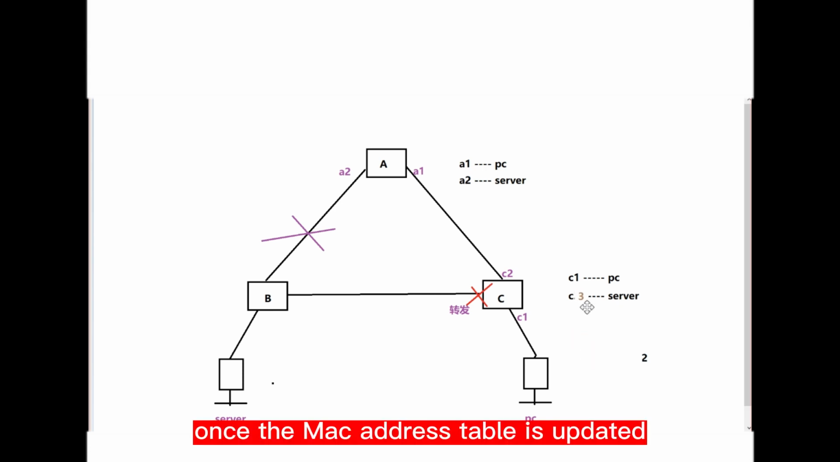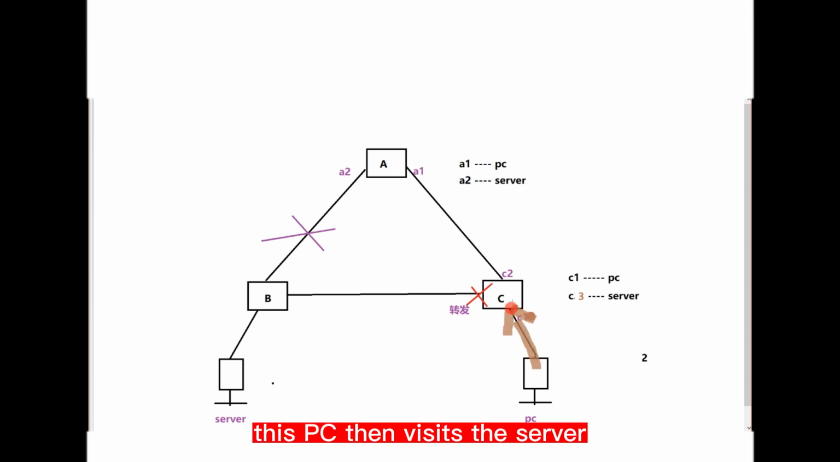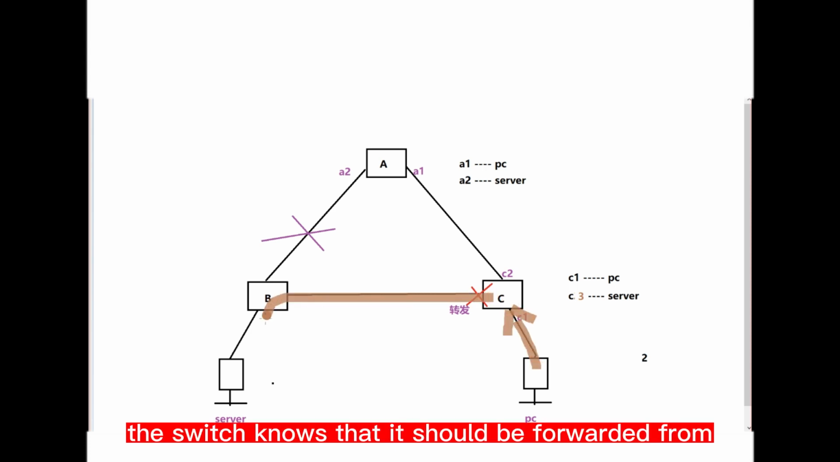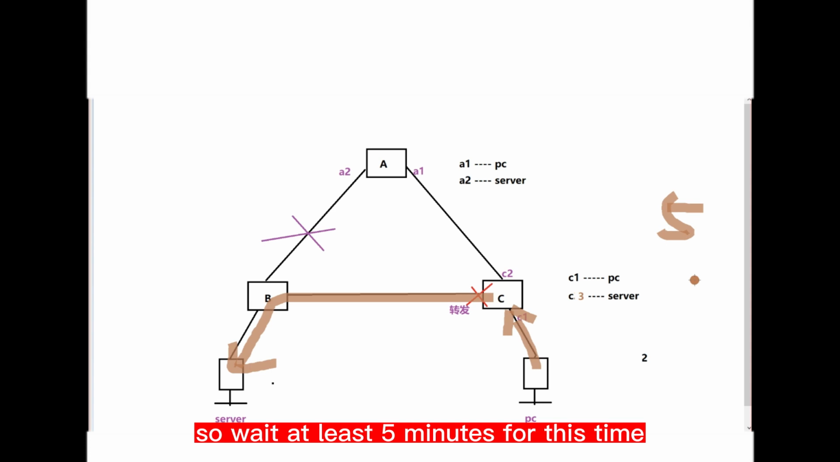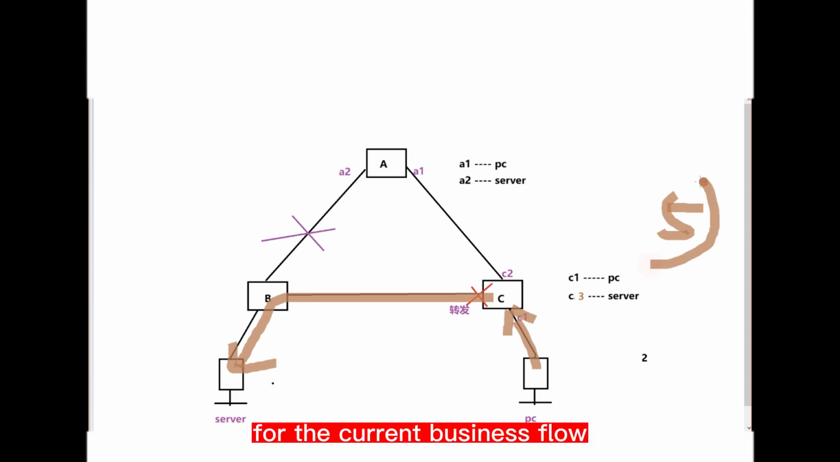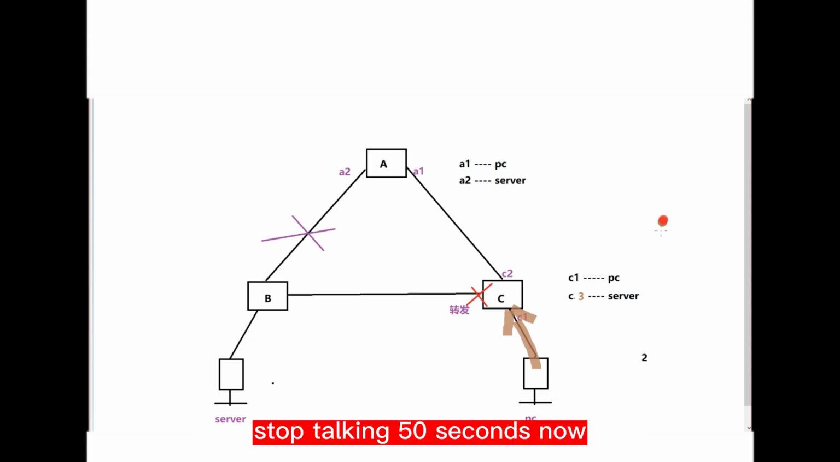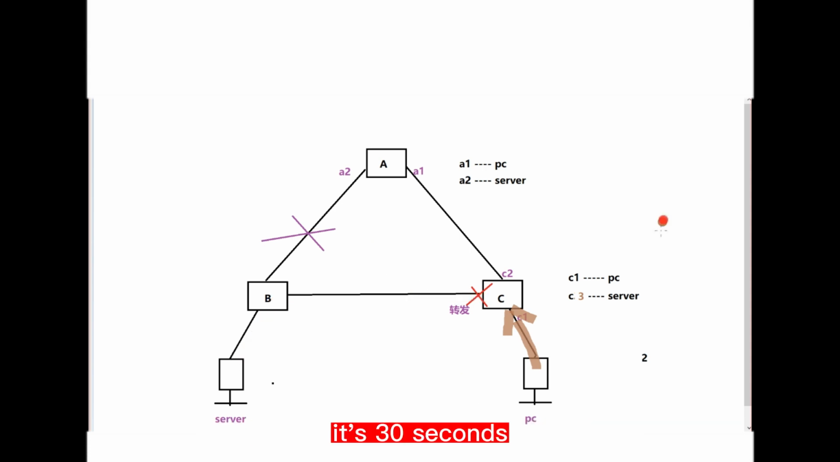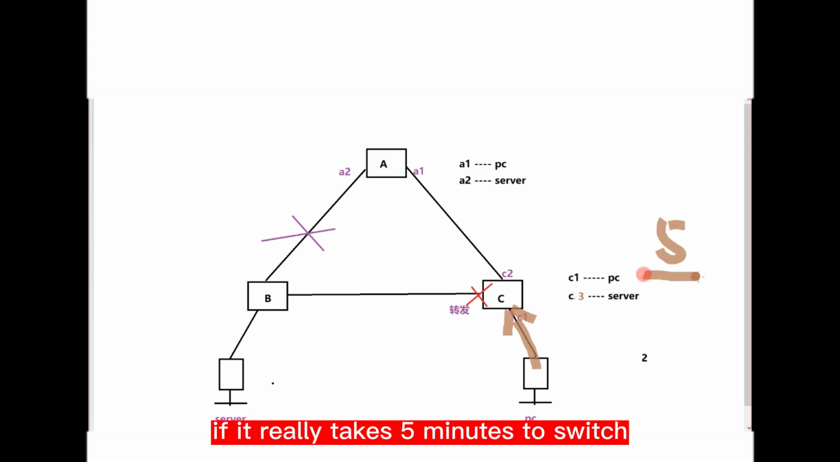Once the MAC address table is updated, when this PC visits the server, the switch knows that it should be forwarded from this interface. So wait at least 5 minutes for this time. For the current business flow, STP is to quickly complete the switch. Stop talking 50 seconds now. It's 30 seconds. The environment can't afford to wait now. If it really takes 5 minutes to switch,